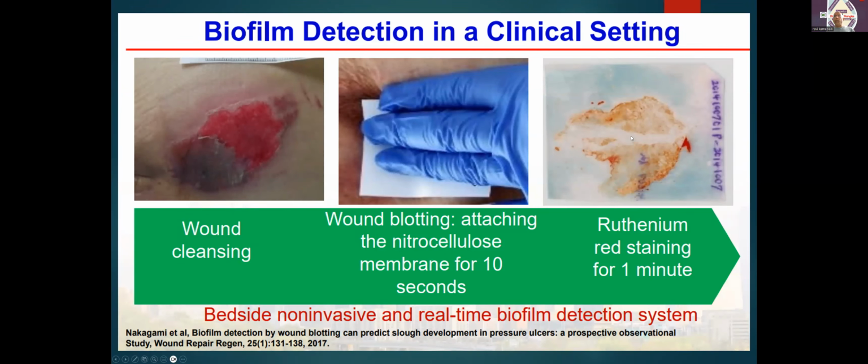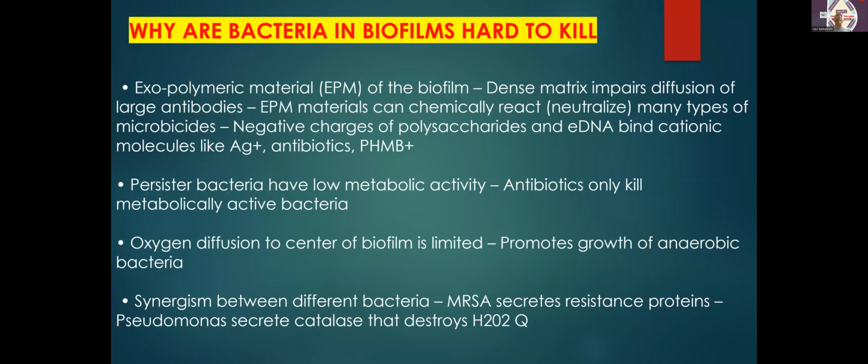So we have to understand that the biofilm by itself has exopolymeric material, and this dense matrix impairs diffusion of antibiotics, and basically we are not able to kill the bacteria. These persistent bacteria persist in the wound bed on the deeper side, and antibiotics can only kill active bacteria. And oxygen is depleted in the center of the wound bed, promoting the anaerobic growth of bacteria. So basically, there is synergy between different kinds of bacteria talking to each other, and these